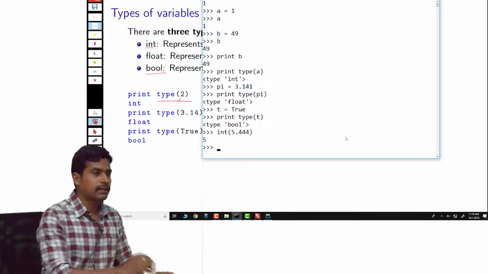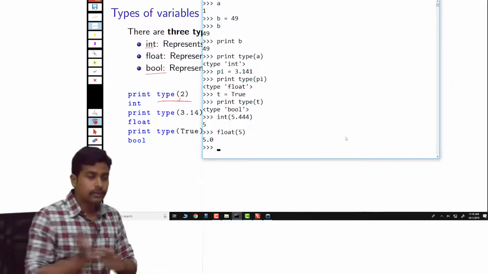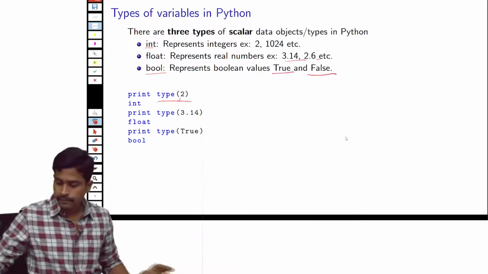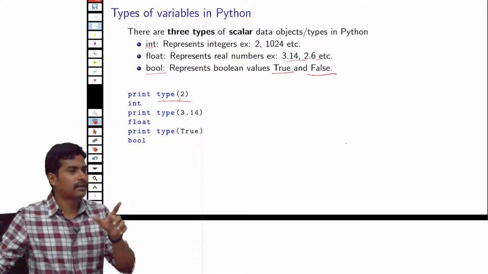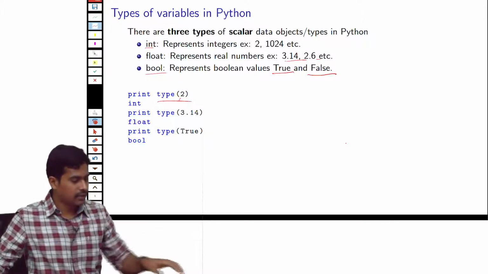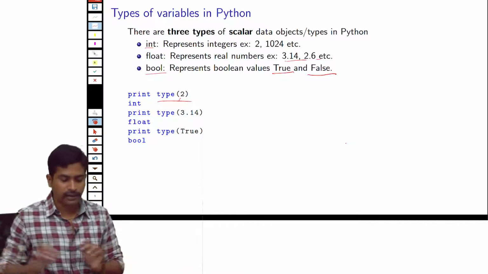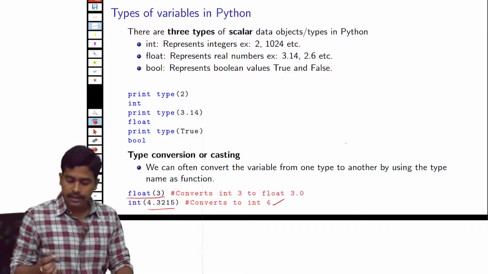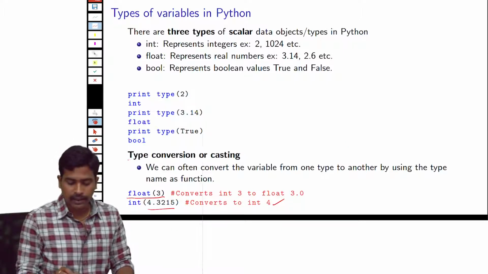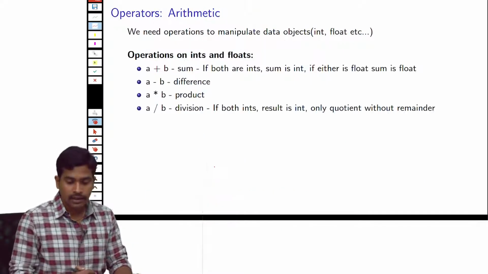It gave us the value 5 back. You can give 5, so it becomes 5.0. Are all of you trying, or haven't you installed it? I highly recommend trying along, because if you do it while I do, it's faster and you can learn Python very fast. This is called type conversion or typecasting in Python, to change one type to another type.